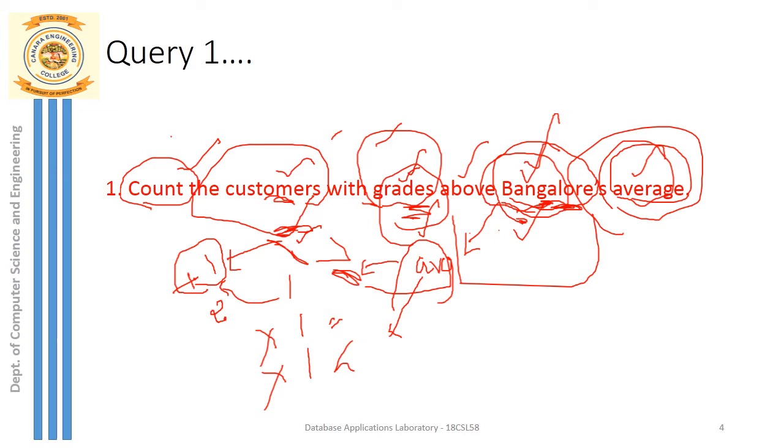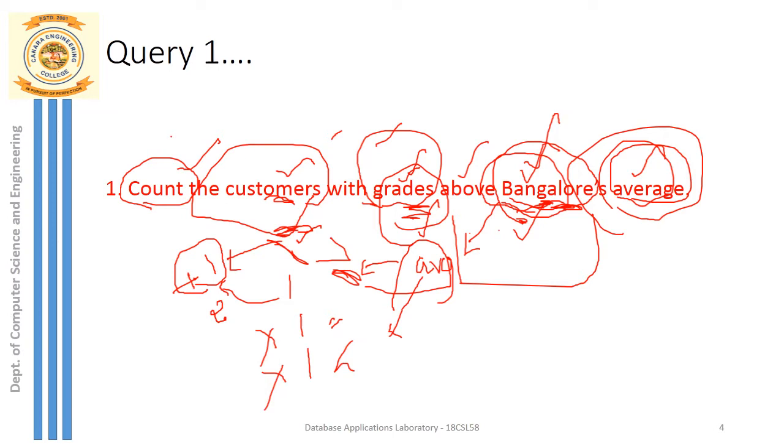So do I really have to compare here? Yes, see here I have the question. In the question, it is mentioned: count the customers with grades above Bangalore's average. So what is the meaning of above Bangalore's average? I asked you to compare each customer's grade with the average grade that you have just calculated. So here the customer's grade should be greater than the average grade that you have just calculated for the customers who belong to Bangalore city. So each customer's grade you check whether it is greater than the average grade of customers who belong to Bangalore city.